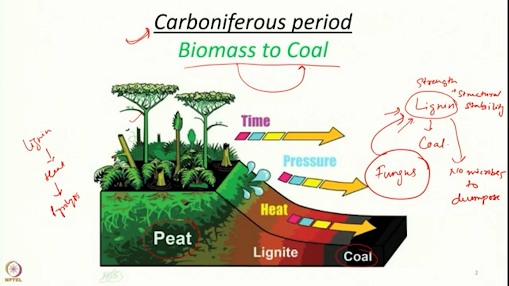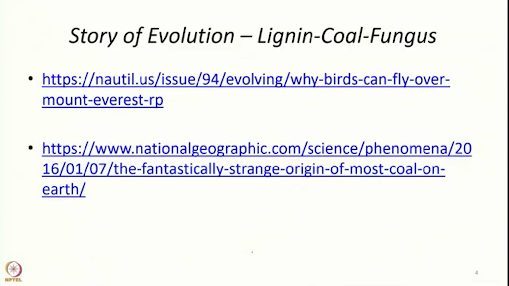So, this peat, and then further heat and pressure, high amount of pressure as it moves more under the ground, high amount of heat, converted it to lignite and the coal finally. Many people identify, in some literature you will still find this lignite and peat classified as different categories of coal, but we do not need to go into that. But the thing is, the quality of the coal varies, and how the quality of the coal varies is,